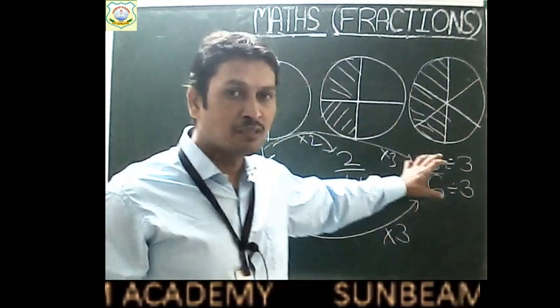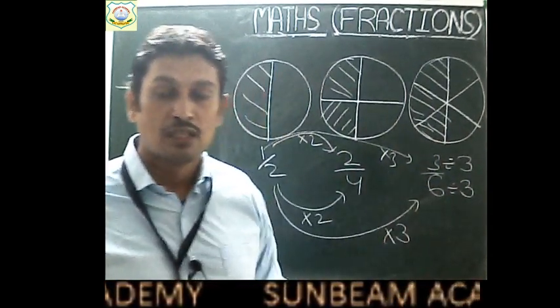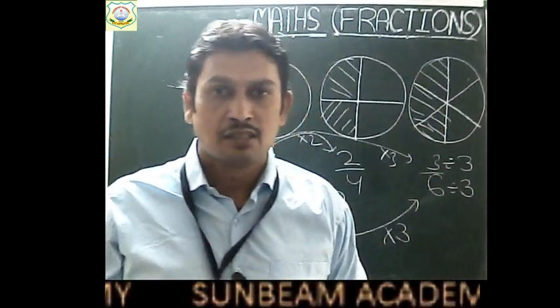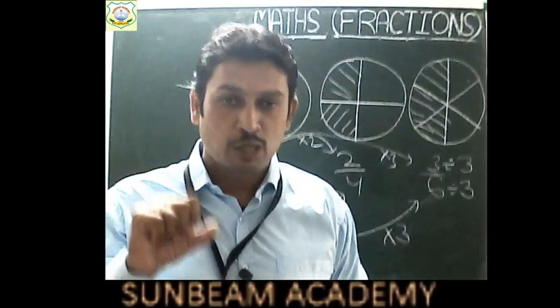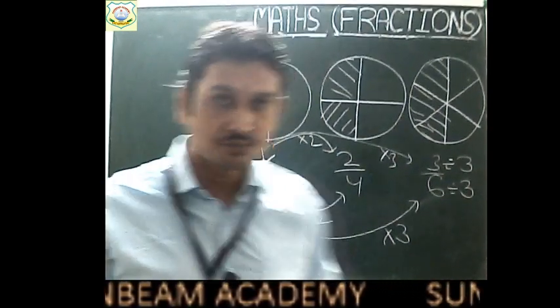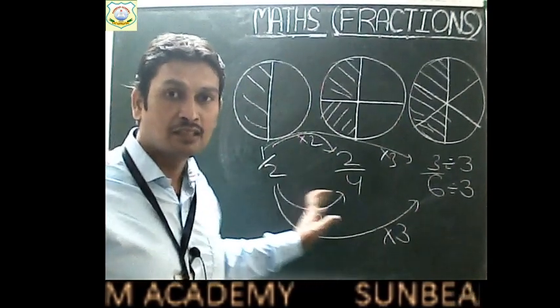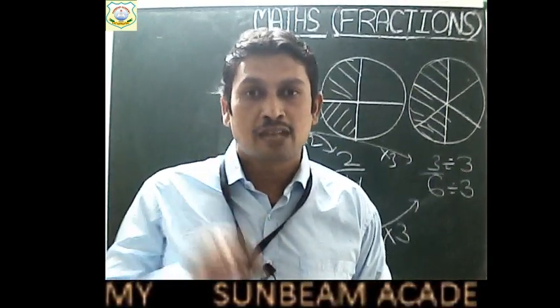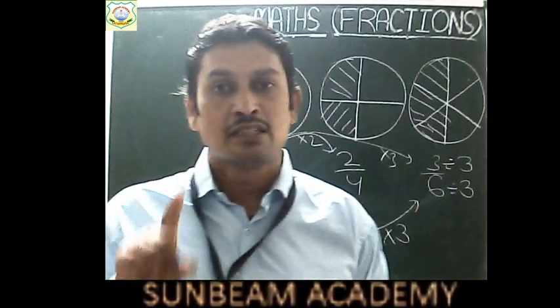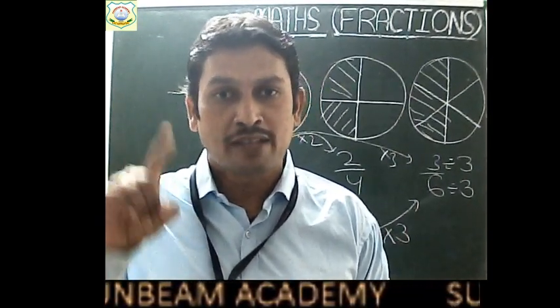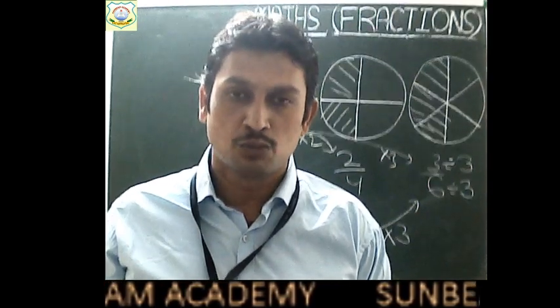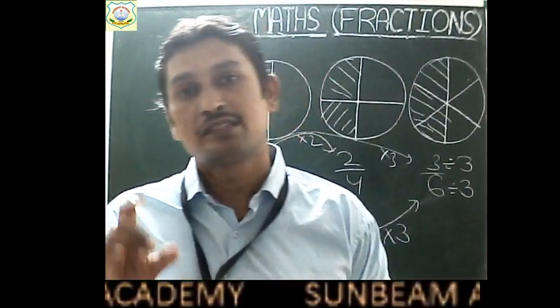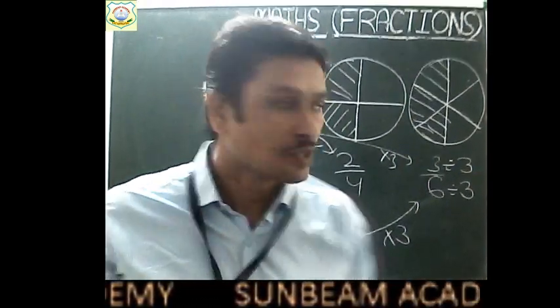And if we have big numbers like 100 by 54, 274 by 136, in such cases the numerator and denominator are large numbers, then to find their equivalent fractions children, we will divide them by the same number, okay? So children, ध्यान देना है कि जिस नंबर से भी डिवाइड करेंगे, that number must be the common factor of both numerator and denominator. उससे numerator भी डिवाइड होना चाहिए and denominator भी डिवाइड होना चाहिए, okay? So this is the way.